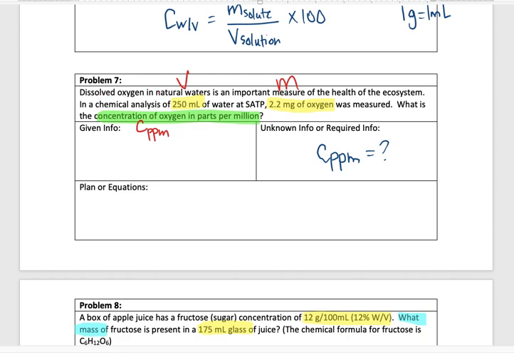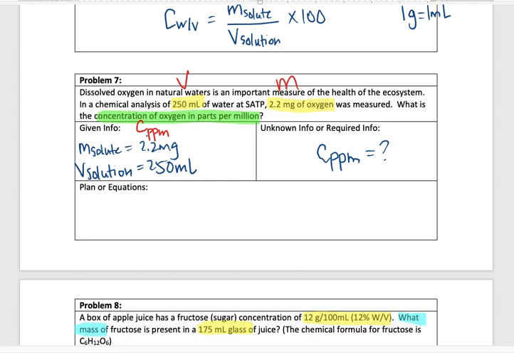Dissolved oxygen in natural water is an important measure for the health of an ecosystem. In a chemical analysis, 250 milliliters of water, at standard ambient temperature and pressure, 2.2 milligrams of oxygen was measured. So again, here's the water. Oxygen's dissolved in it. So the mass of the solute, which is oxygen, is 2.2 milligrams. And then our volume of water, our solution, is 250 milliliters. Okay, all right, so from there,